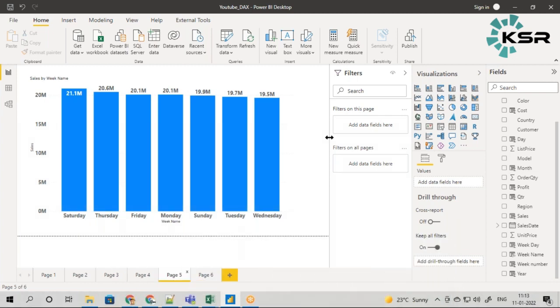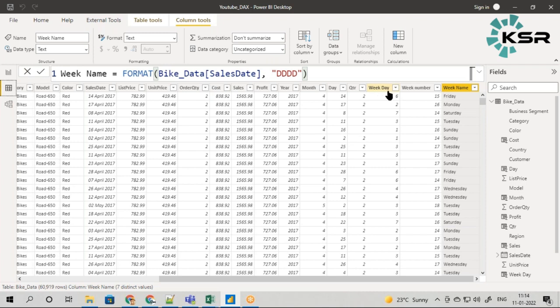Always remember, you will not have everything in hand. The requirement will be different. So based on the requirement, you can start writing your DAX functions. And to get the full name, since weekday or week is in number format, I wanted to get it in terms of words, so I have used something called format. So this is also a way to get the month name in terms of words. So this is about the time and date functions.